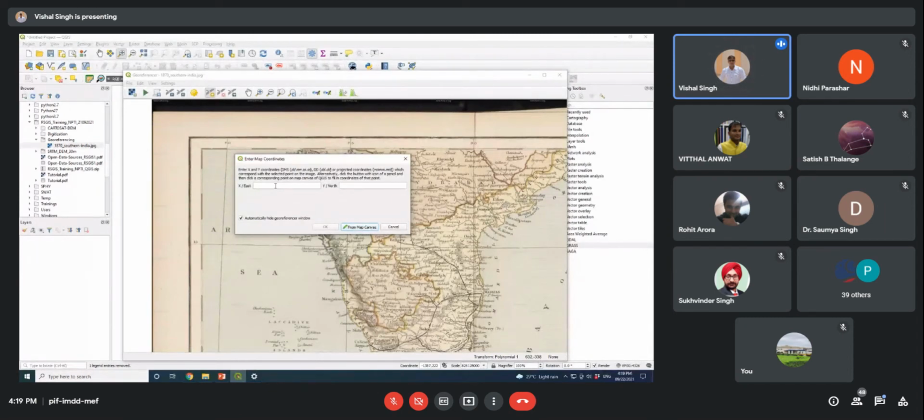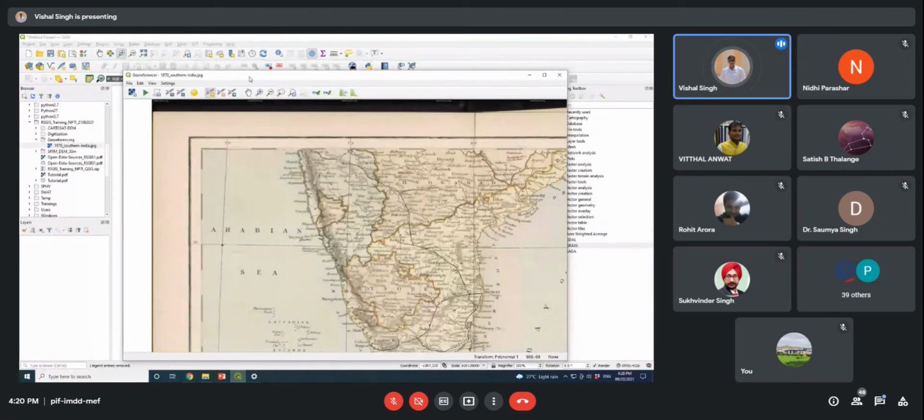Now you can see that my x value is 70. I will put 70.0, and the y value is 15. I will put my y value 15.0.